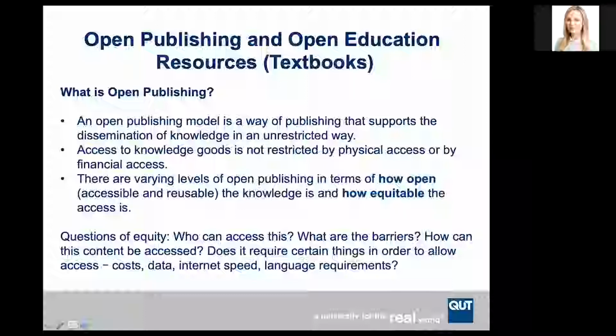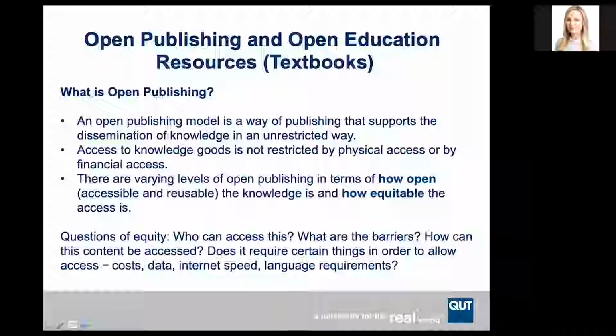And there are varying levels of access in terms of open publishing. We're looking at how open and accessible something is, how reusable that knowledge can be, and how equitable that access is. So when I'm talking about equity, I'm looking at David Wiley's 5 R's of open. Can this content be reused, retained, redistributed, remixed, and revised? If something can do all of those 5 things, they're going to rank higher on a system which is looking